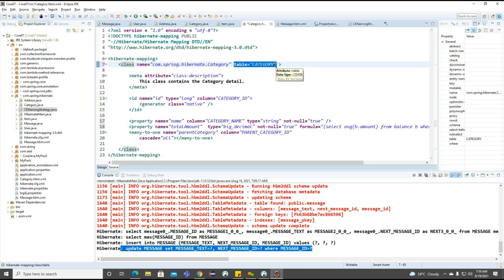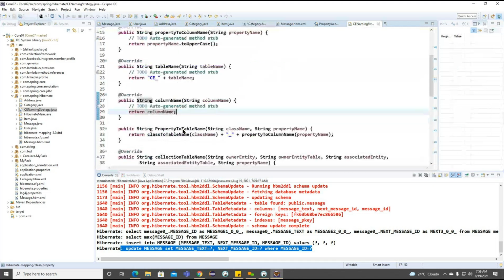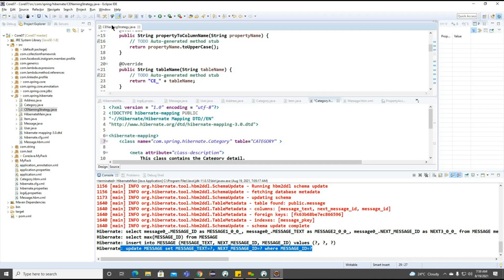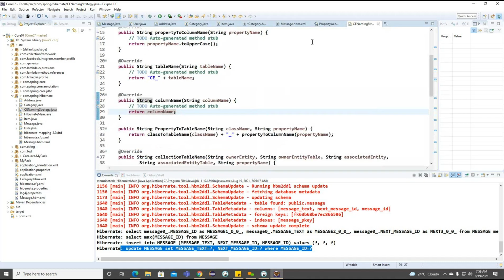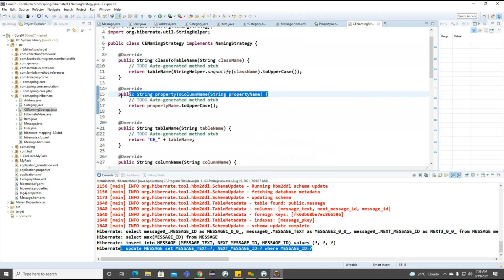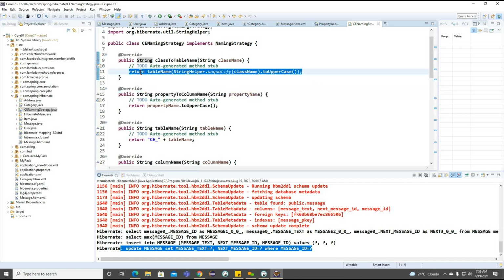And if this particular property does not have an explicit column here, what will it do? This particular property to column name is going to be called. If the column property is not identified, this method will be called. If the table property is not identified, this method will be called. Right. And the remaining methods will be called based on our object insertion.